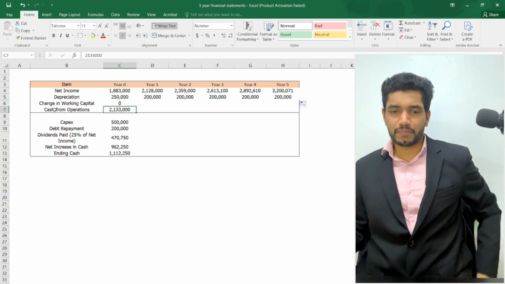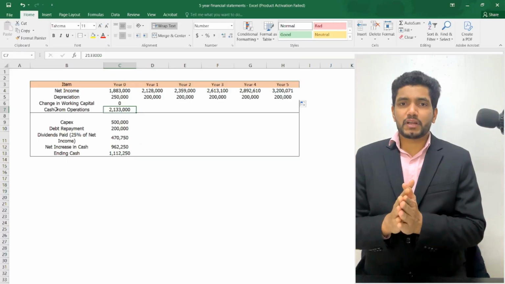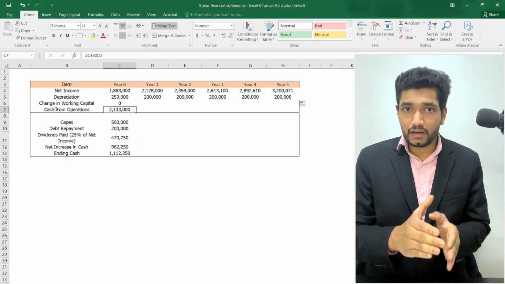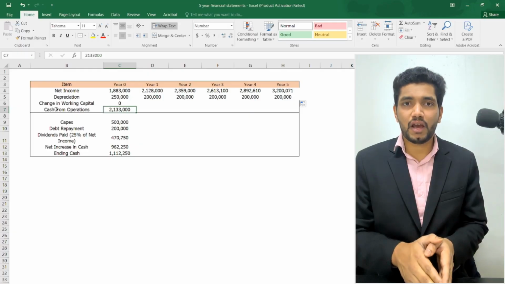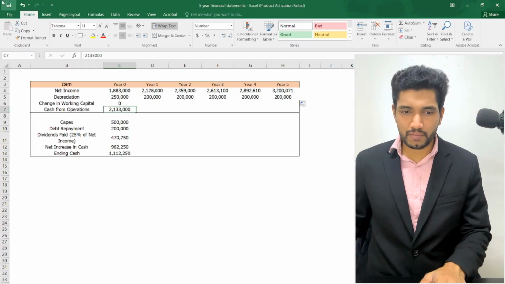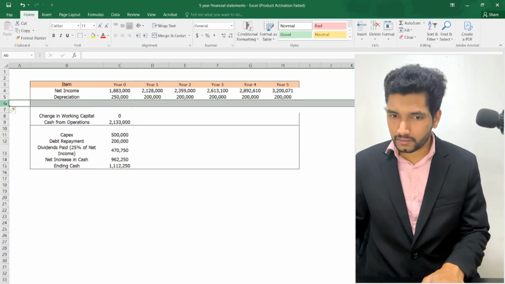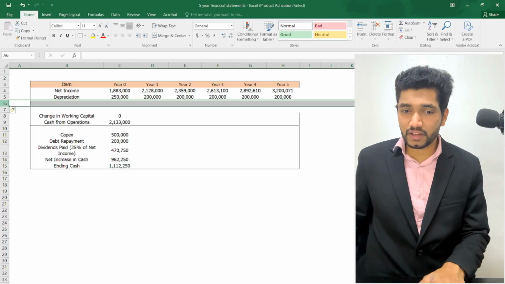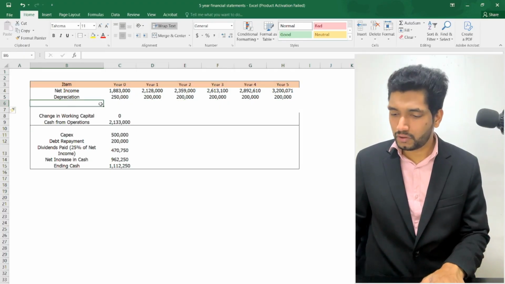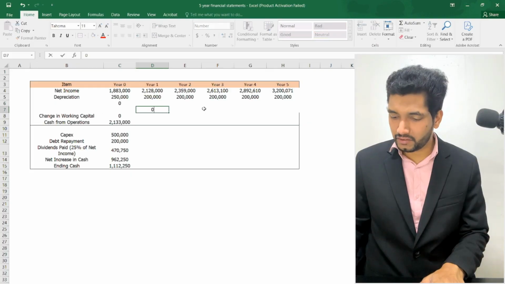And the changes in the working capital. Changes in the working capital are the changes in the account receivable, inventory, and the account payable. So we have to mention all these separately. So in the base year, it is already mentioned as 0. So we will put like this: